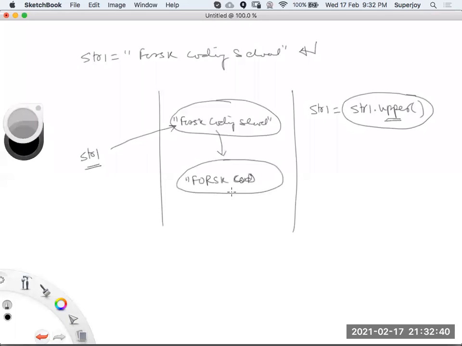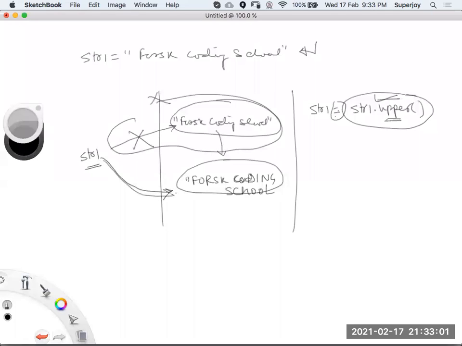This is the job done by upper. And now, because of this assignment, str1 will refer to this memory location, not the old one. That means you lost the old location; you can't access it back. Now your str1 is pointing to the new location, and that's why this statement is working.